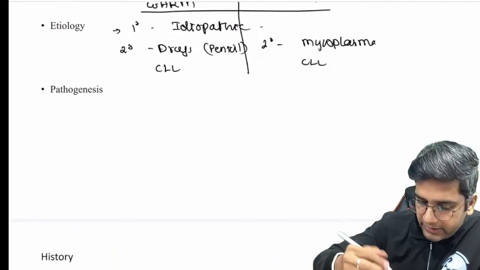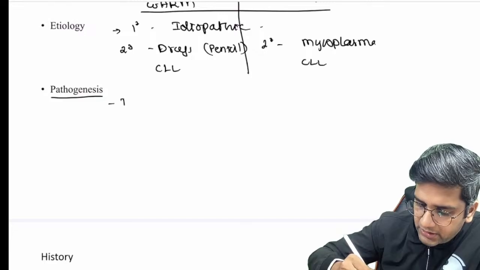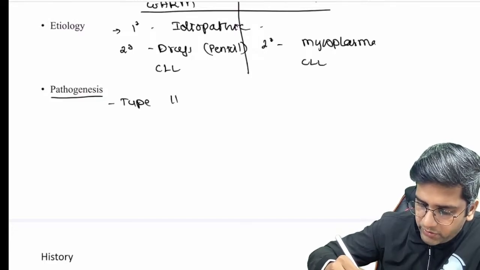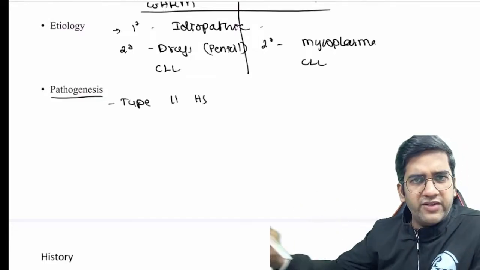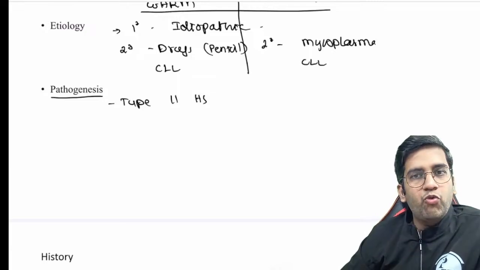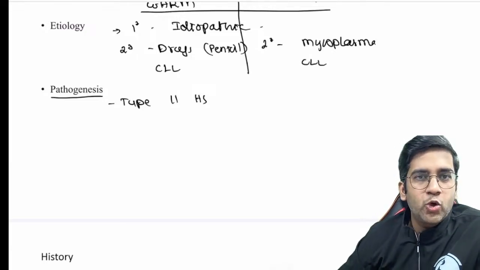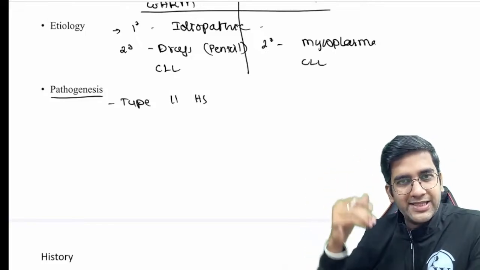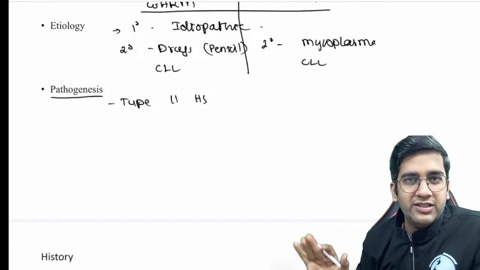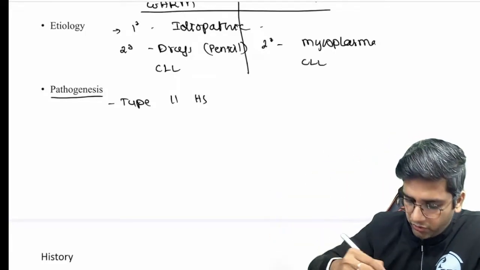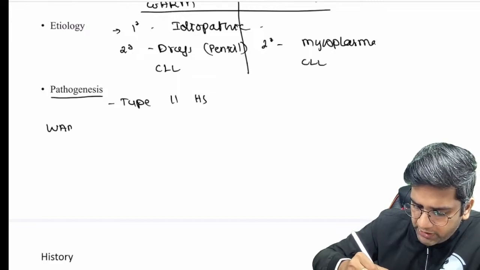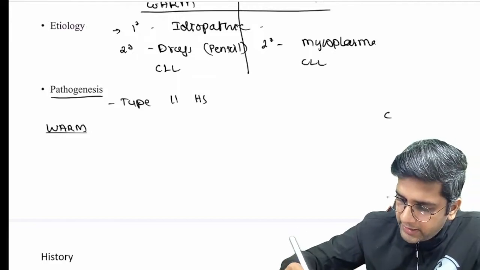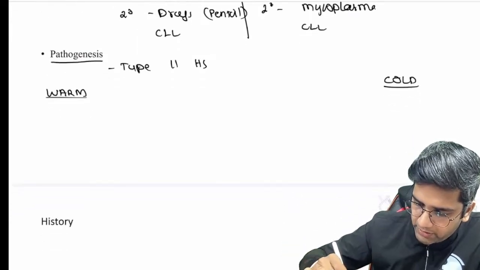Pathogenesis, write a template saying that it is a type 2 hypersensitivity reaction. That's how every autoimmune hemolytic anemia is, right? Warm will have IgG antibody, cold will have IgM antibody. If you want, write first warm, second cold. If you feel like covering the same thing, right side warm, left side cold, right? So in case of a warm and in case of a cold autoimmune hemolytic anemia,